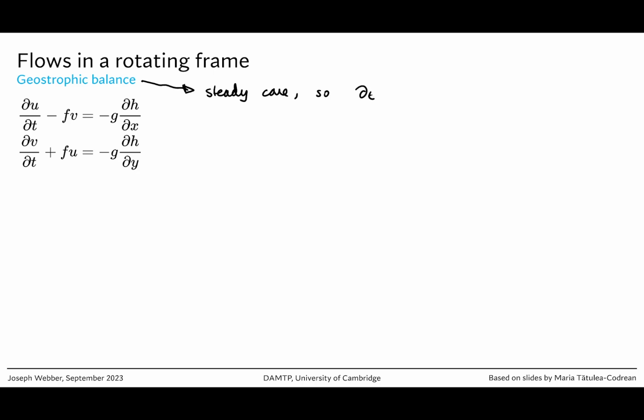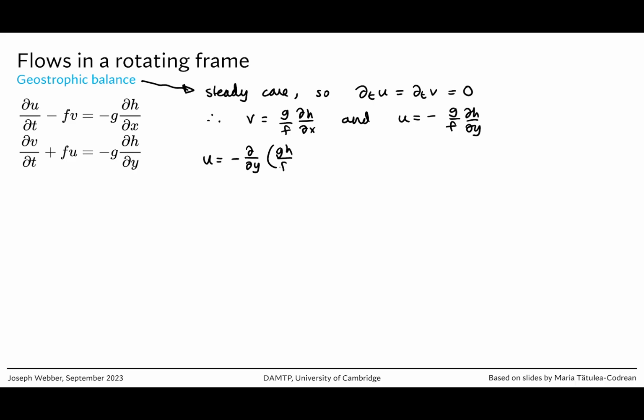So flows aren't changing, so du/dt and dv/dt are 0. These equations therefore suggest that v = (g/f) dh/dx, and u = -(g/f) dh/dy. Now, if I write this in the form u = -d/dy (gh/f), and v = d/dx (gh/f), this looks somewhat familiar,